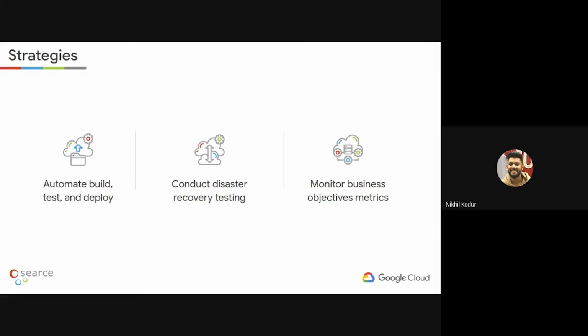First thing is you have to automate build, test, and deploy. Whatever builds, whatever testing, and whatever deployment practices you're carrying out, we need to automate these so that we have faster releases, faster pipelines, and the workforce that is working on these applications and your business functions would be essentially working on creating business functions and not on how they would be deployed and how they would function. So incorporating CI/CD pipelines and DevOps is the first strategy towards operational excellence.